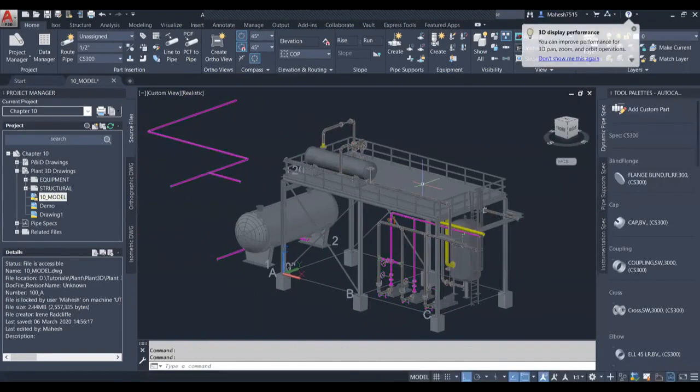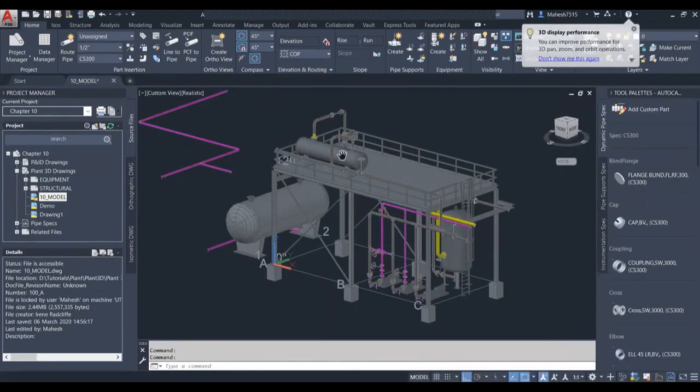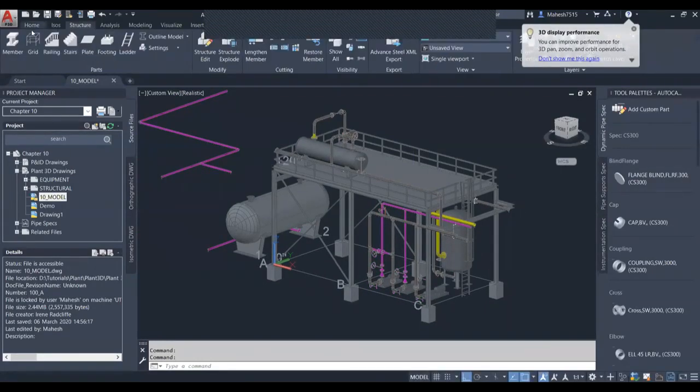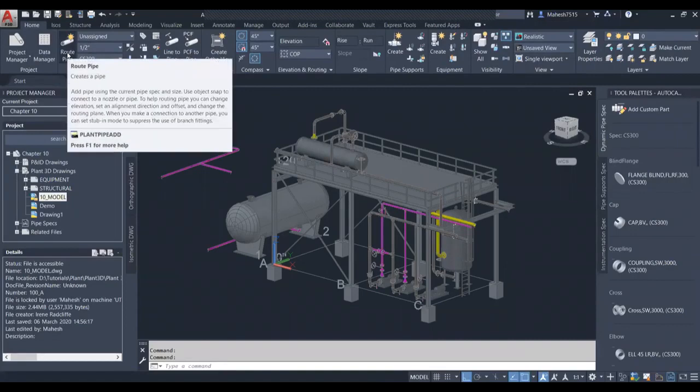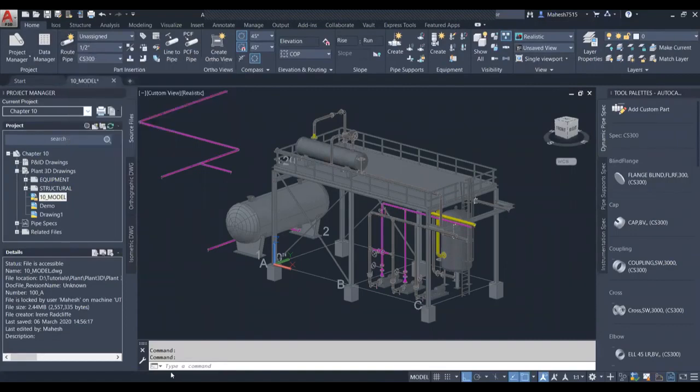So we have options to create structures. All these structures have been created here. And we have the option to route pipe. It's actually a piping software, a piping tool, a plant level piping. Skid level piping can be very well done in Inventor itself. If you are going for a big level like breweries, food industries, oil and gas, all these industries use some of the plant tools, and this is one of them.